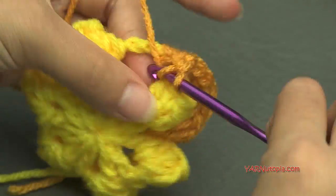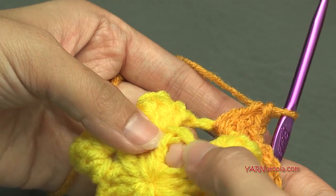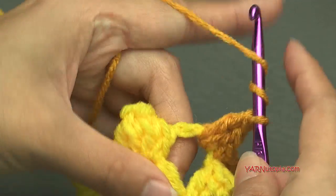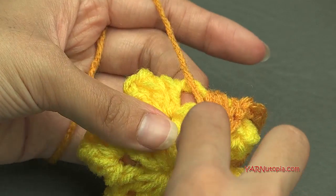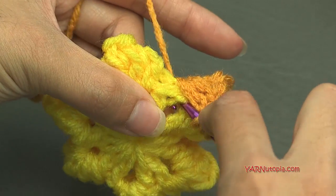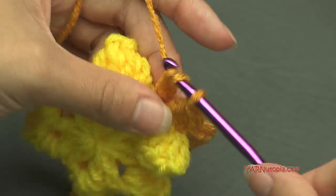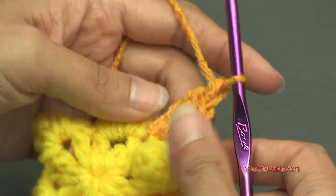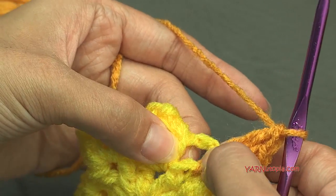So 1 and 2, then treble crochet into the space that we skipped down below in round 1. So yarn over twice, go into that chain 1 space way down here, yarn over and pull through and pull up, yarn over and pull through 2 loops, yarn over, pull through 2 loops, and yarn over and pull through 2 loops. And then in the same chain 3 space right here on this side of it, we're going to